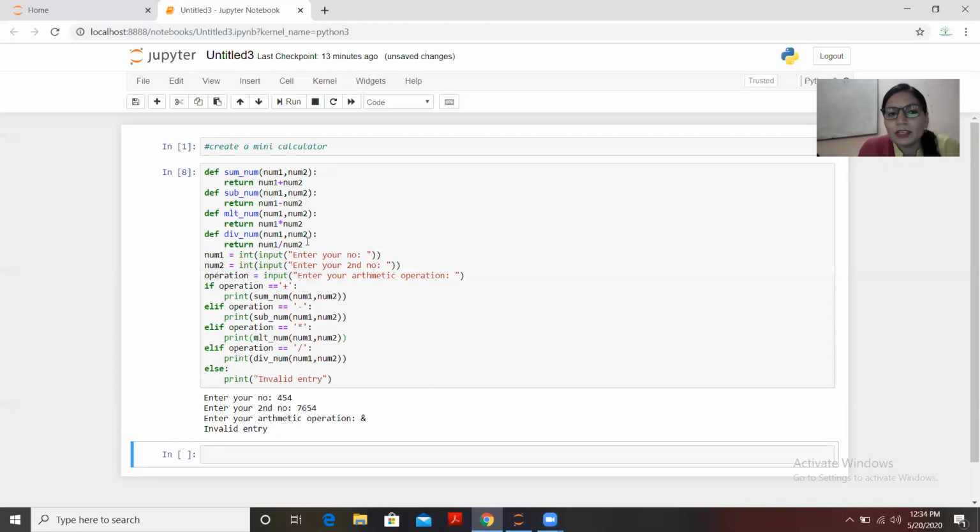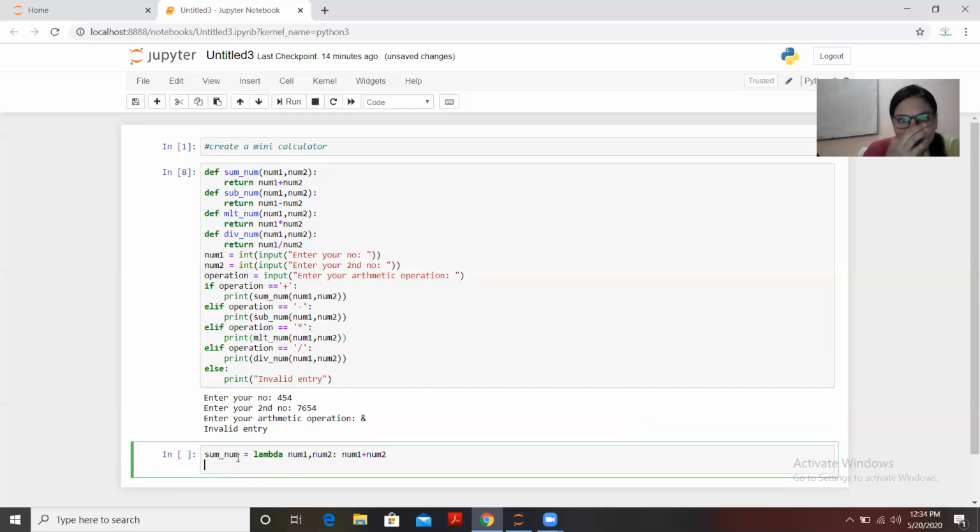It's up to you, you can create those functions with lambda as well. So if you're creating the same function with lambda, how will you write it? You will write sum_num, the name of the function, equals lambda and the variables num1, num2, and simply you have to perform the operation for these two.